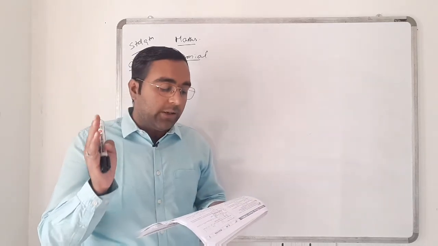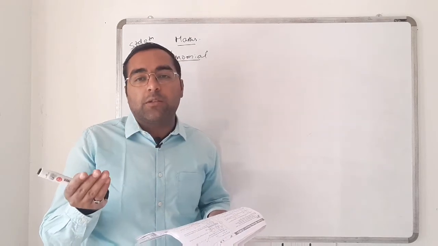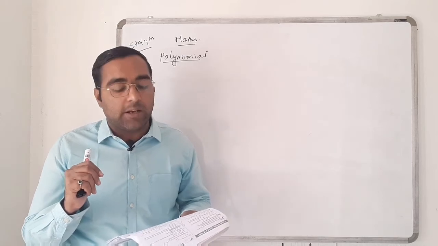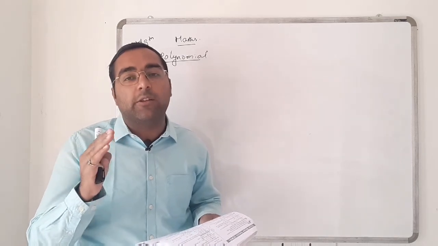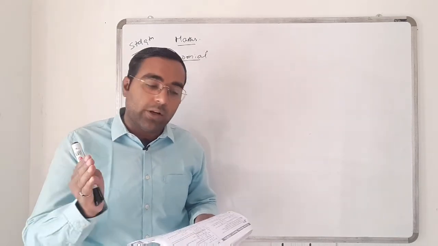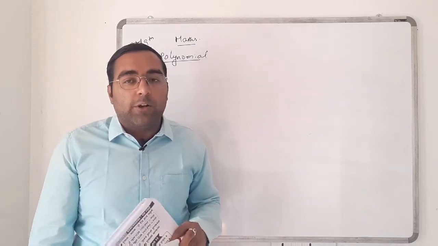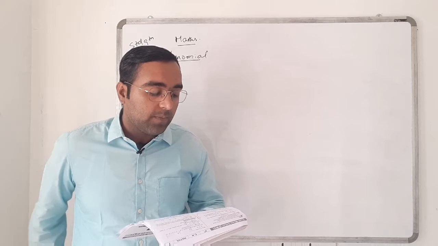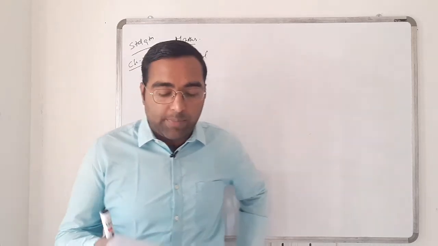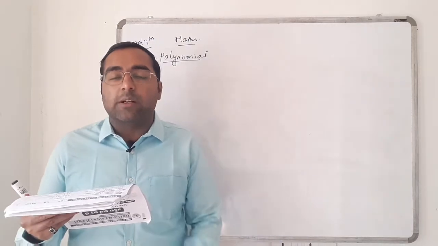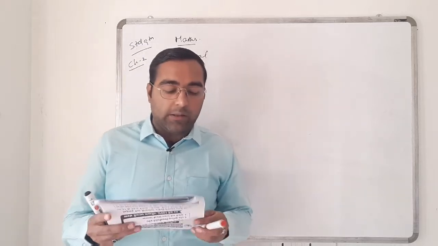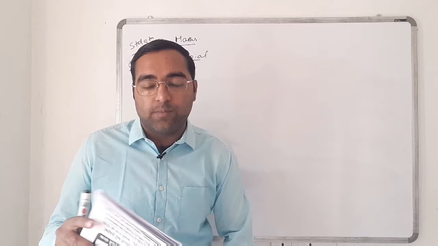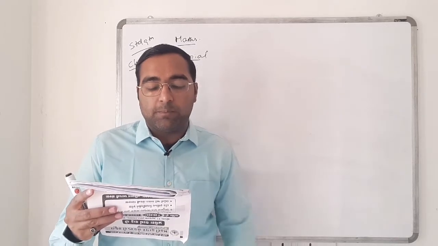And in option D, the power of x is minus 5. That is a negative integer, so that's also not considerable for a polynomial. So my correct answer is option C. In that, all the powers of the variable x are positive and are not given as any kind of fractional power, so my answer is C for question number 7.